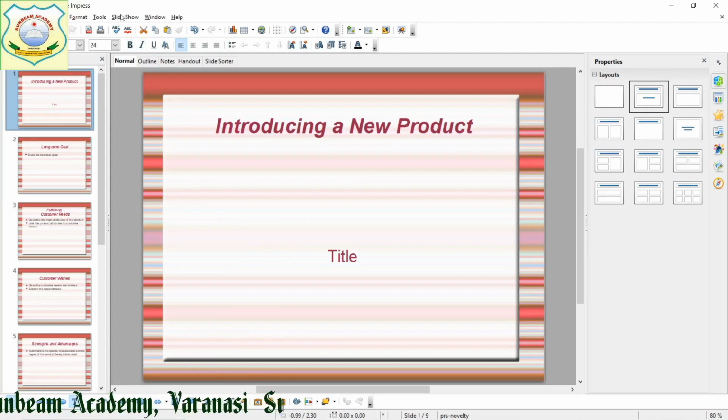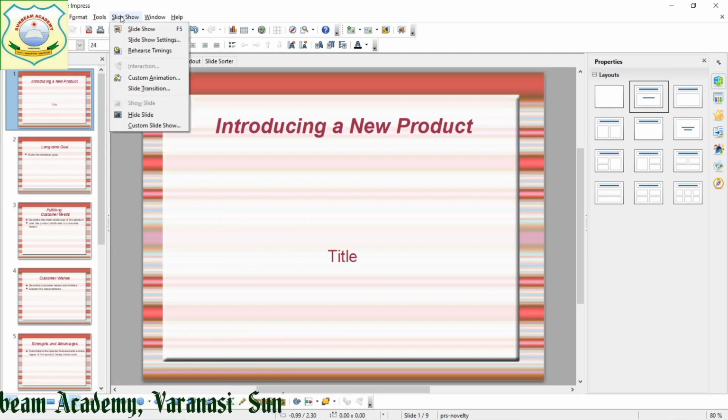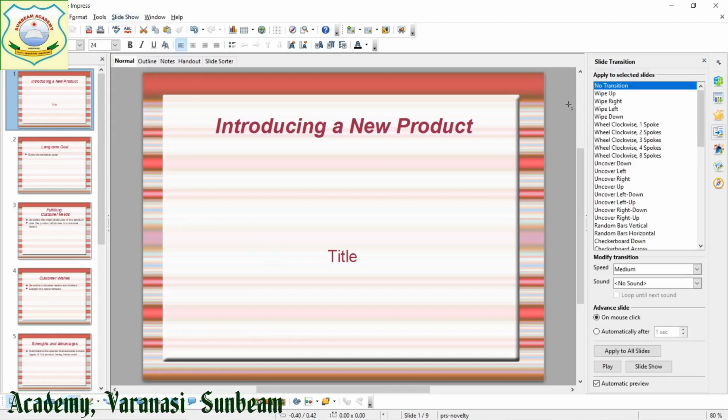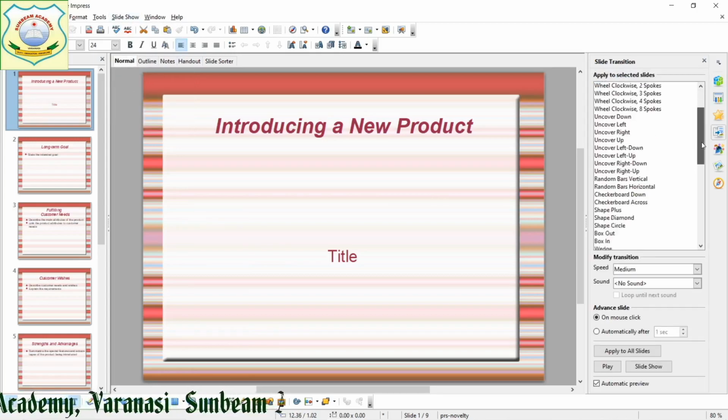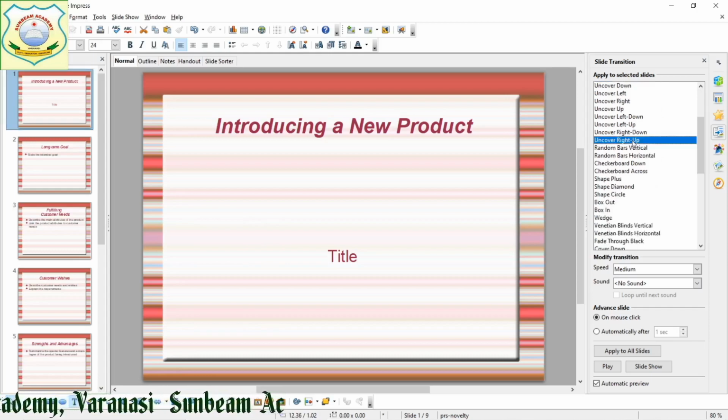So we will move towards slideshow. Here you are seeing slide transition. Click on this one. Now here are so many ways in which your slide is going to come on your screen.